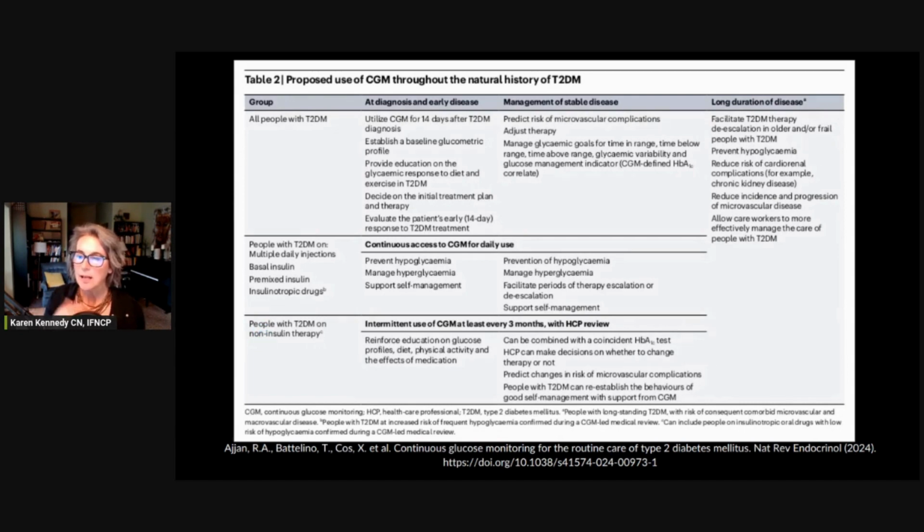First of all, for people who are on intensive insulin therapy, they recommend continuous access to a continuous glucose monitor for daily use. But here's the interesting one that I think is great. At the time of diagnosis and early on in the disease, they recommend using continuous glucose monitors for 14 days after the diagnosis, routinely, to establish what they call your baseline glucometric profile,